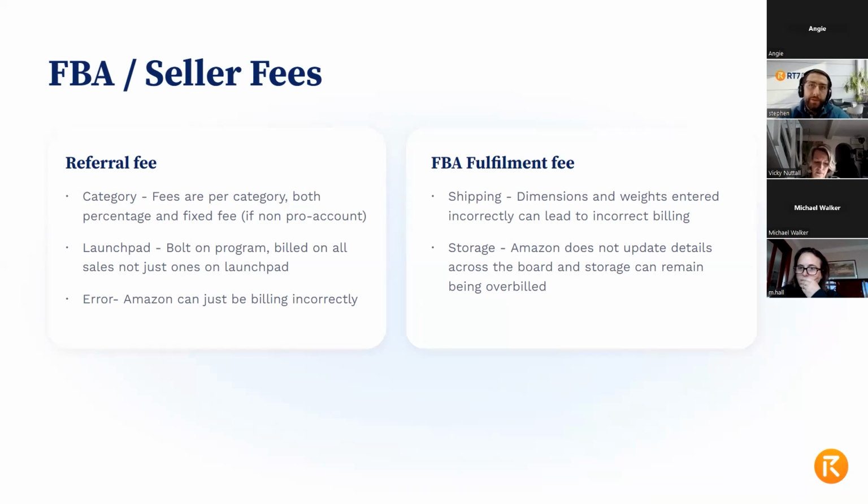And then similarly with Launchpad, I mentioned this at the beginning, it's a bolt-on program. It has its advantages, but it also does not have a set end date. Launchpad will keep running until you ask to be removed from it. And while Launchpad is its own platform on Amazon, the fee is applied to every sale you make on Amazon, not just through the Launchpad program. I've seen accounts before where they're not actually making any sales through Launchpad anymore. They've completed Launchpad, they don't need it anymore. But just because they haven't cancelled it, they were paying 5% of every sale through Amazon just because they hadn't sent a message saying, please end Launchpad.